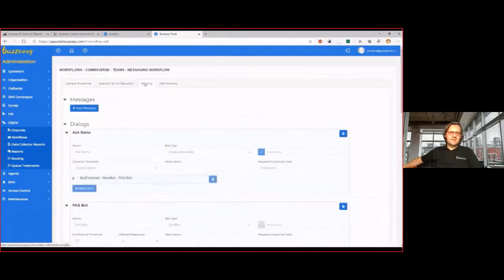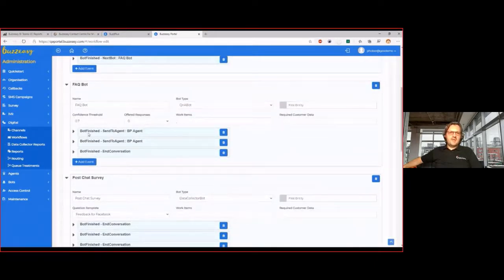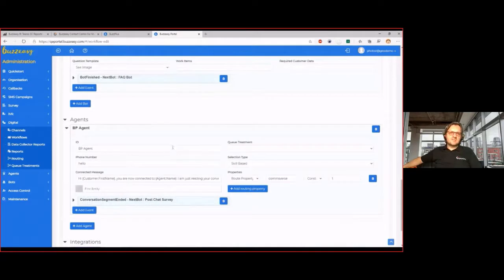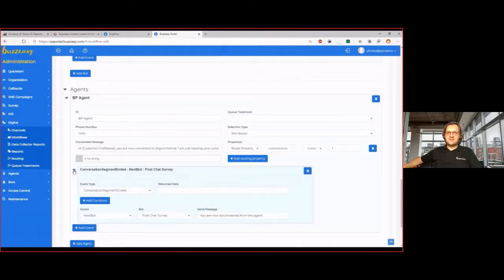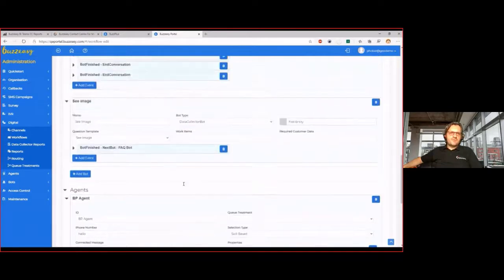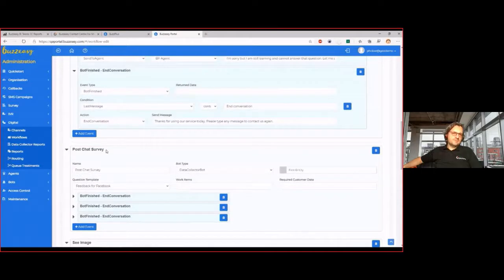So we were at the Q&A, and after the Q&A, we go to an agent, and there is a threshold. If the confidence level is below 70%, so 0.7, then we immediately go to an agent. We could do things like offering multiple answers as well if we wanted, but here we go to an agent. The agent is very similar to the one for the voice, and we also just set the skill, the converse skill here, and it's also configured to go after the call or after the chat to the survey. So that was configured there, that you could see in the demo.